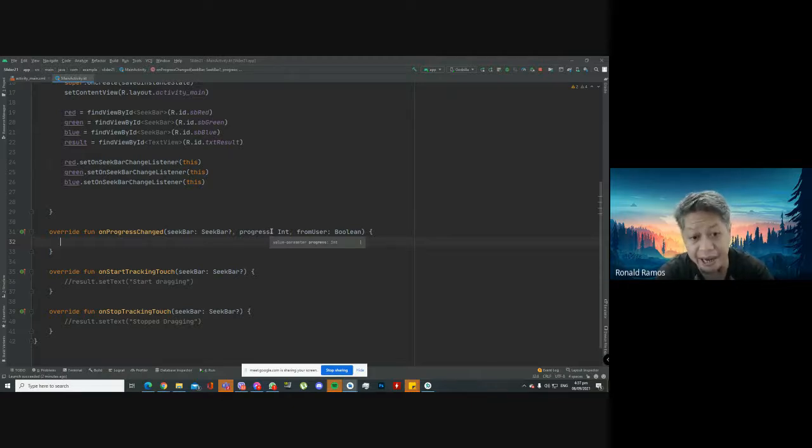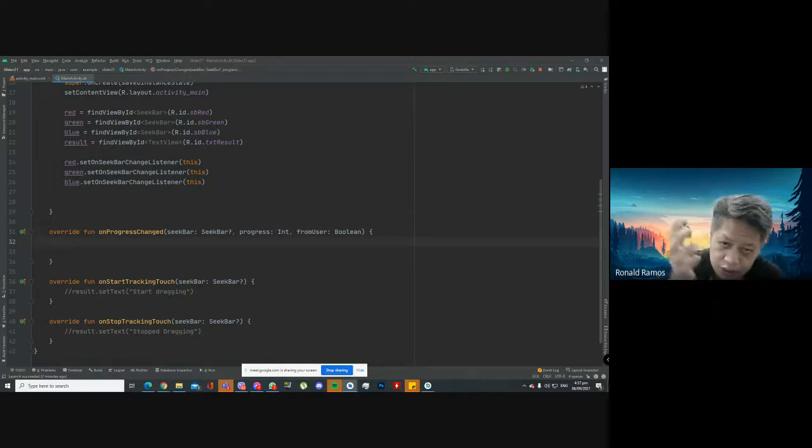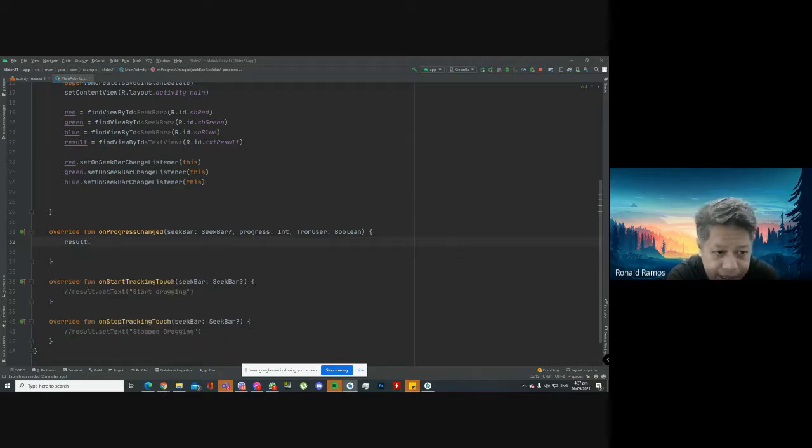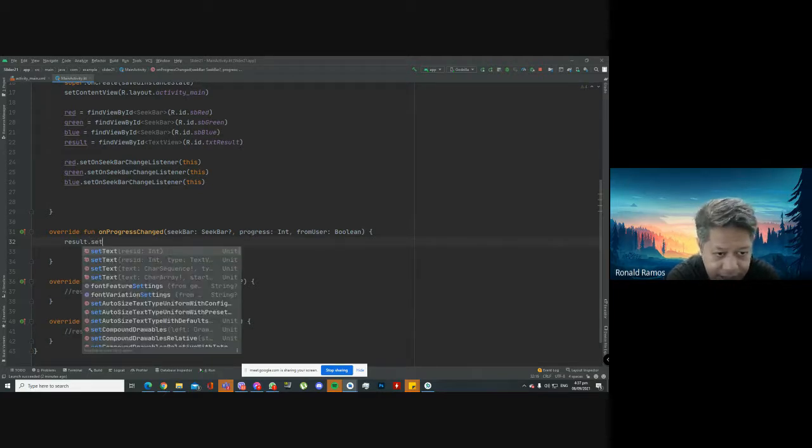So it keeps track of its own progress. It's an int value. And if we want it to appear in that text view, all we need to do is this one. Result dot set text